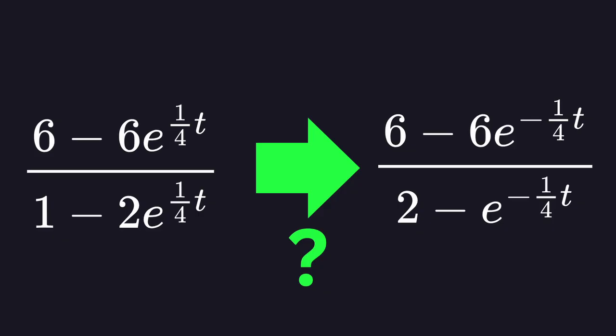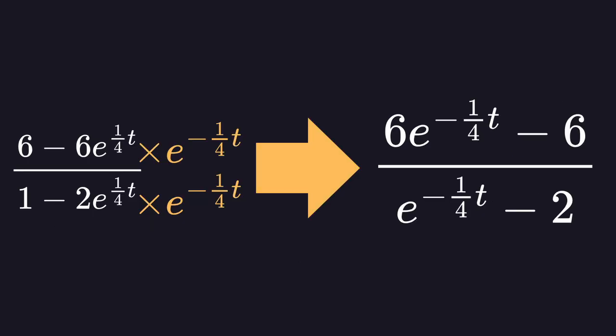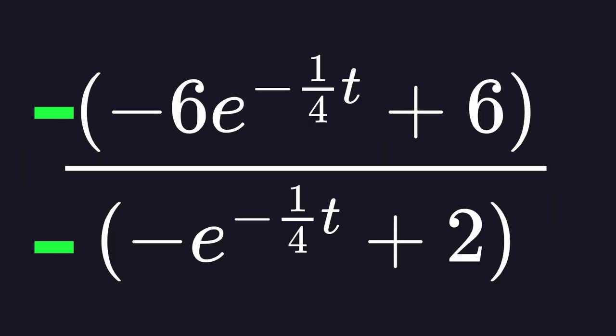So how do we change forms here? The answer to that question is to multiply by e to the power of negative a quarter t, because that gives us m is equal to (6e to the power of a quarter t minus 6) over (e to the power of negative a quarter t minus 2). But we're not done yet. There's still a mismatch here. The solution? Simply take out a negative, which gives us m is equal to negative 6e to the power